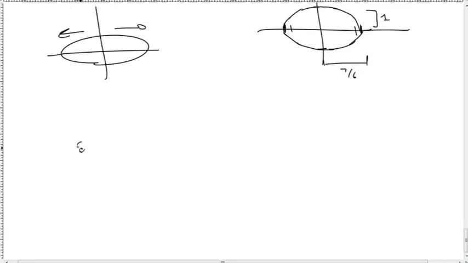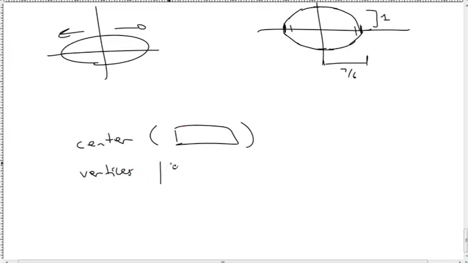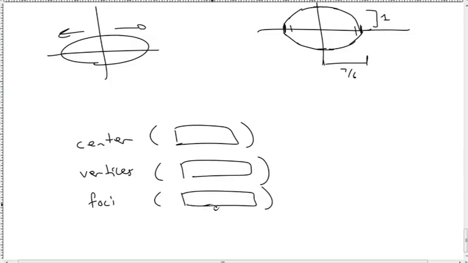Now I need to actually find all this stuff. So now they officially call it the center because the vertices are not at the center anymore. And then they have my foci, that is plural, that I need to solve and figure out. Well, it's centered at 0, 0 because we didn't shift anything. And so what I do when I go in WebAssign is I say, it's 0, 0, so I just start putting a 0, 0 all the way down. Now I'm leaving a little bit of gap because I want to show what else is going on, but I literally typed this into WebAssign because I already know that I want to have this style,